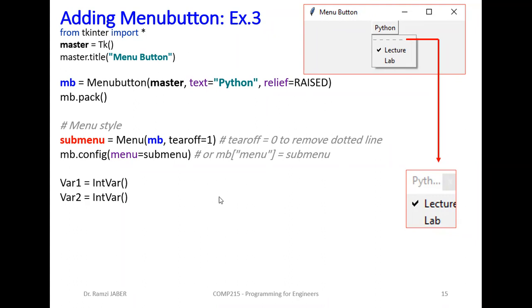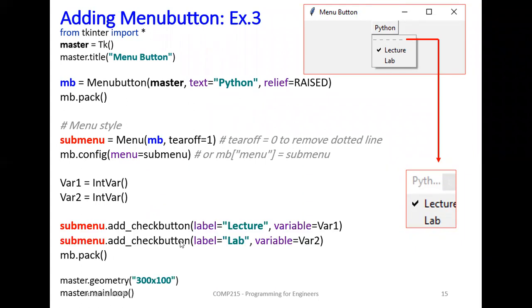Now let's continue. Variable 1 and variable 2, by default it's 0. Now I want to put a check button inside this submenu. So submenu1.add_checkbutton, label equal lecture, variable 1, the same for lab, variable 2. So after this, what will happen? We create